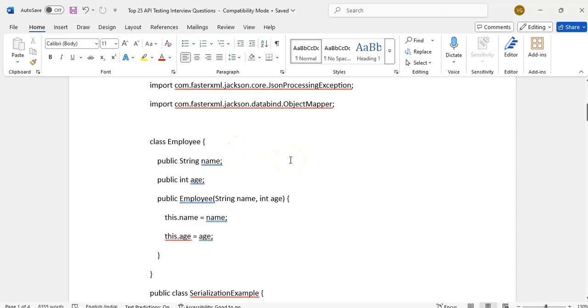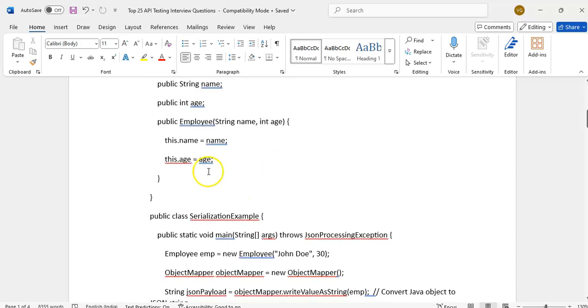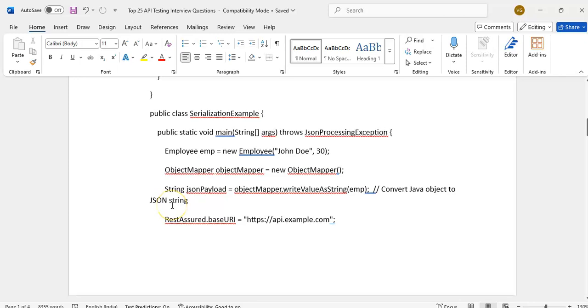If you know Postman, we use the JSON format for the request body. So in REST Assured we cannot directly send an employee as a body. First we have to convert it.